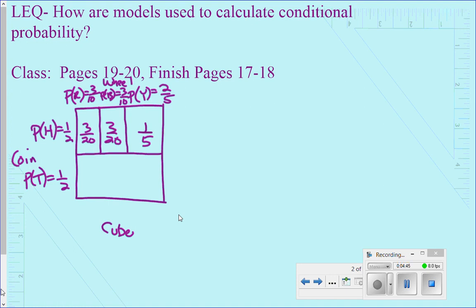So I'm going to now divide up the cube sections. So we have, it says 3 red, 1 blue, and 2 yellow. So 3 out of 6 is half. So I'm going to split that up in half. That would be the red. And then I have 1/6 and 2/6, which is 1/3. So I'm going to try and make the 1/3 twice as big as the 1/6. So the probability of yellow is 1/3. And the probability of blue is 1/6. Okay, so multiplying those by this half,